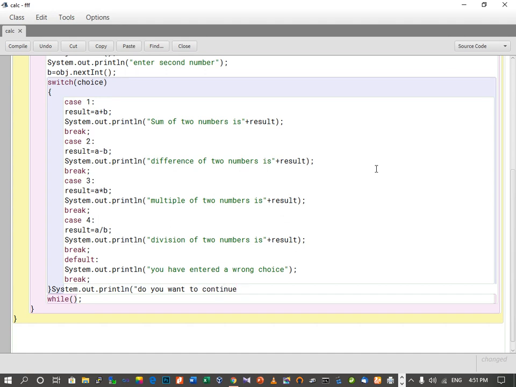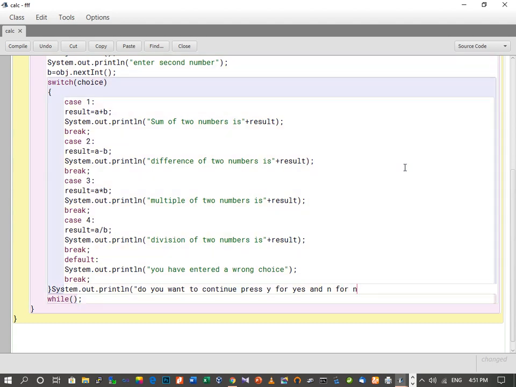Now inside this we can write press Y for yes and N for no, or you can provide it in the next line also. So here we can write press Y for yes and N for no.